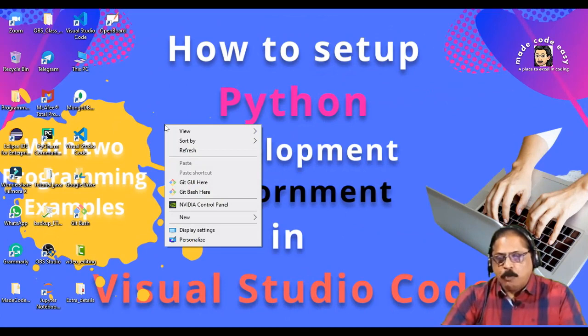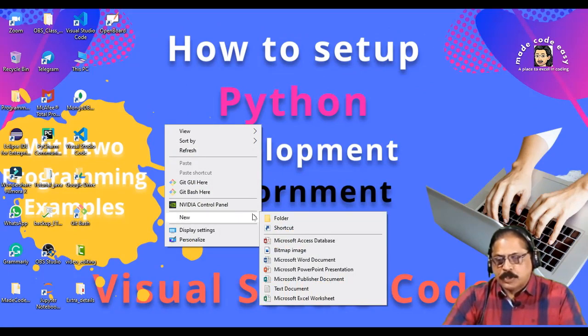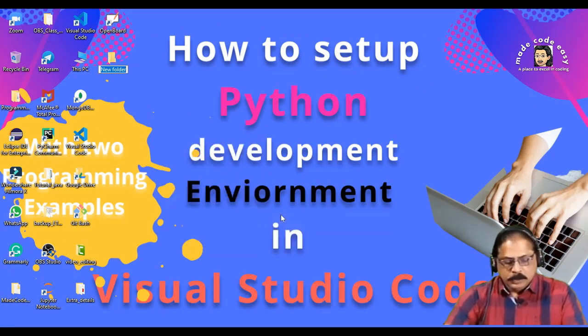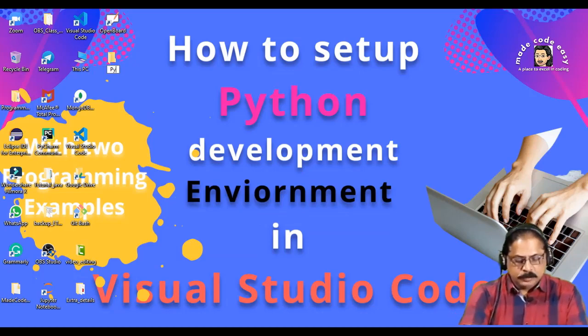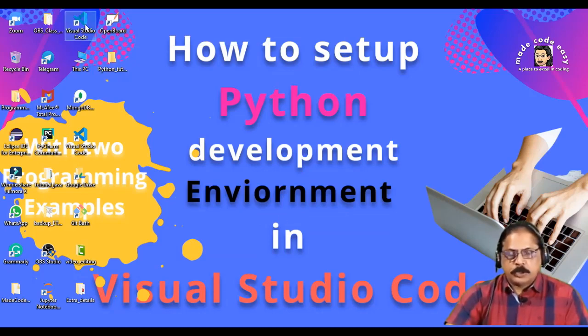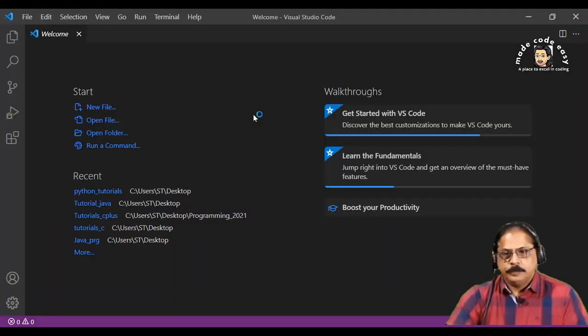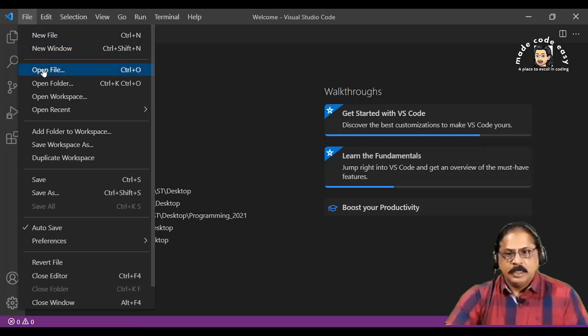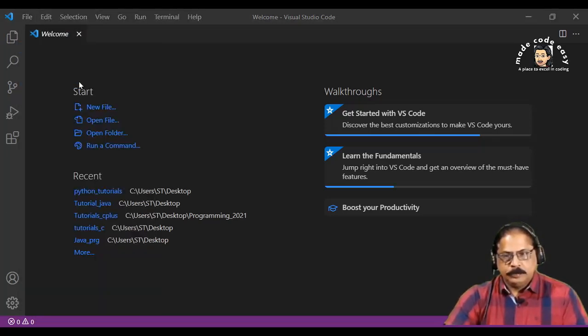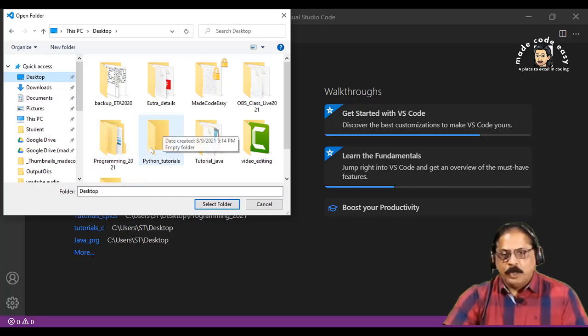Now I make one folder on my desktop. The folder name is Python tutorial. Click on Visual Studio Code. I click on file and I click on open folder, and this is my folder Python tutorials.